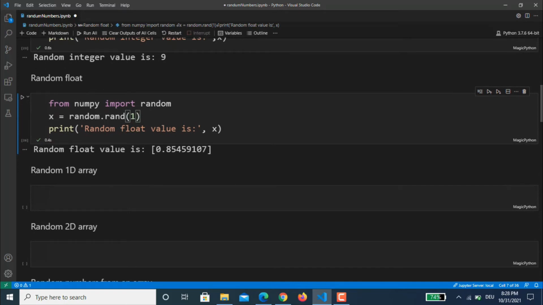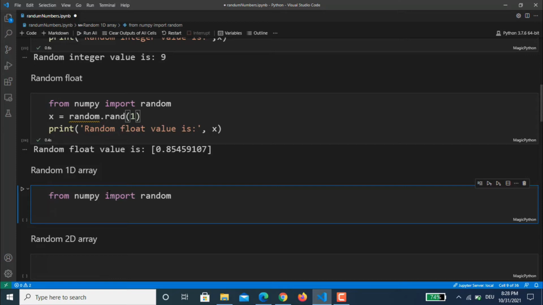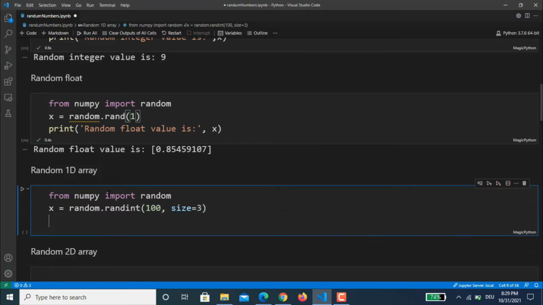So this is how you normally do random float variables, and then you will move on to how you can generate random 1D arrays. So we'll be using once again the same convention. You import your random module, and then we will say x equals random randint, and I want to generate a 1D array of random numbers up to 100, and I want to give a size of about 3, right? So what will happen now is, if I print x,